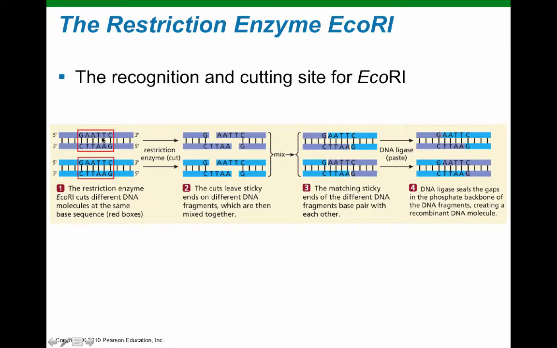So GAATTC, backwards GAATTC. And so if we wanted to actually cut out a piece of DNA, we would use a restriction enzyme. So the restriction enzyme EcoR1 actually recognizes this unique sequence, and it will cut it in such a way that it will leave these sticky ends. So the matching sticky ends of different pieces of DNA can be annealed together, and they are annealed via this enzyme called DNA ligase. So this is, again, cutting a piece of DNA and adding new DNA into that stretch